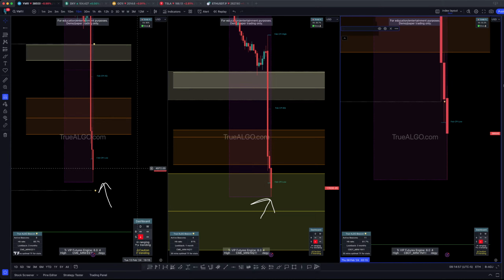So I ask you, look at that candle. Using the True Algo system, are you now going to flip bullish? No. And go look back in chat, guys. What did all of our members say? The only way to flip bullish is you have to have a bullish close above the box. And now look at the very next candle.